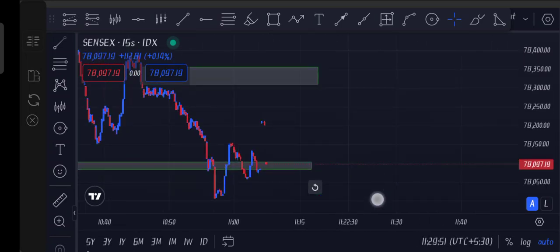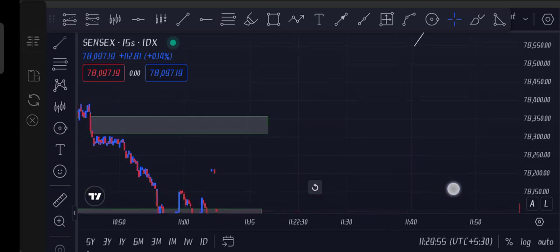By the way, you can see this head and shoulder pattern is created by